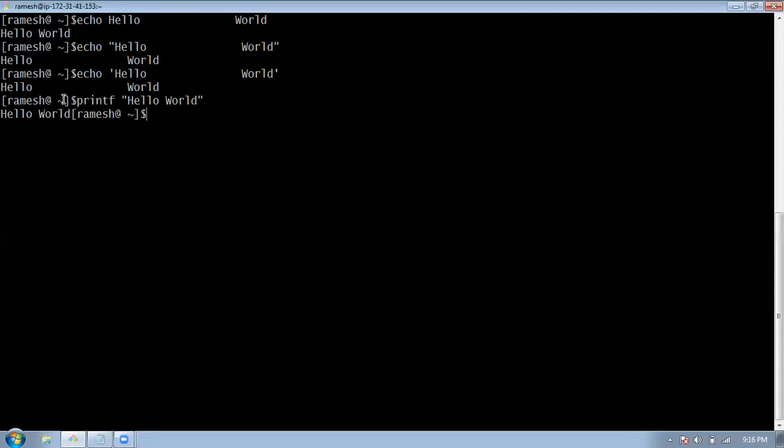By default, when we use printf, it will prevent the new line. That means after printing this message, the prompt will be in the same line. If you want a new line, you have to add \n every time. Then the prompt will go to the new line. So this is how printf works.